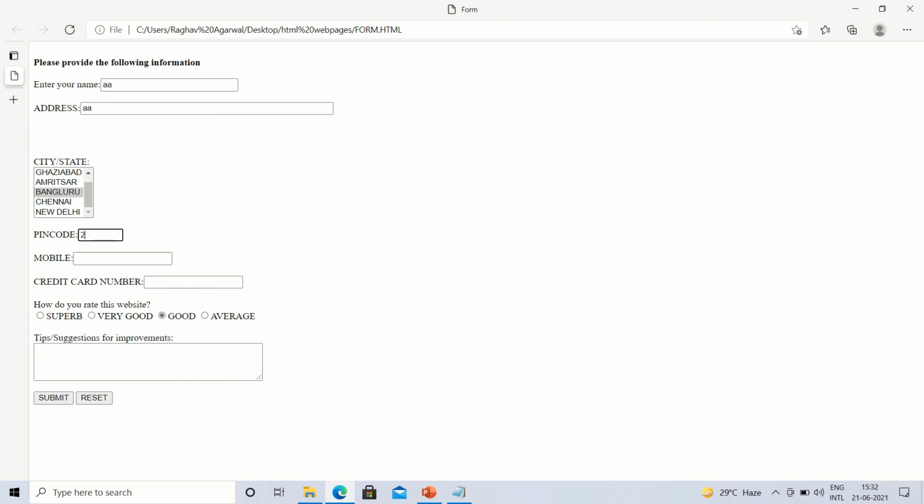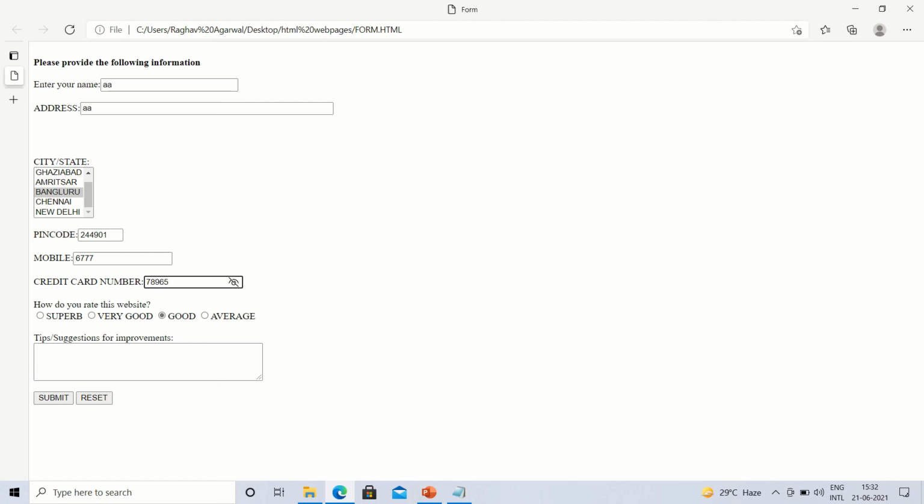Suppose I am typing here the pin code of Rampur, or the mobile number, whatever we want. The same way now we can type here the credit card number, any number. It is just displayed in the form of password itself.